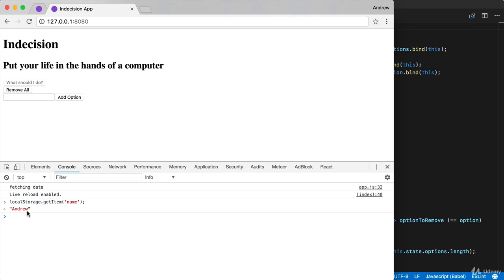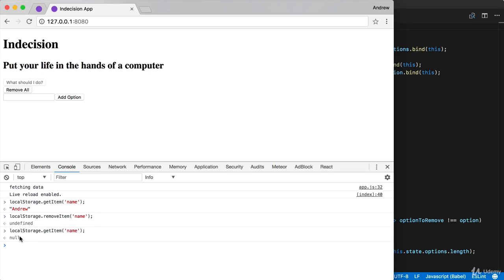So local storage is going to persist between page loads, which is going to make it a really great starter database mechanism. We'll worry about real databases later. For now, this is going to let us explore all of the general principles. So from here, what can we do with local storage? Well, we can remove items, localStorage.removeItem. And we remove an item by its key. So I can remove name, for example, and the next time I try to fetch it,